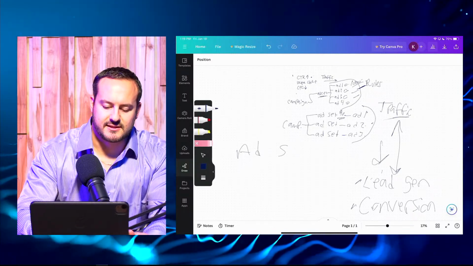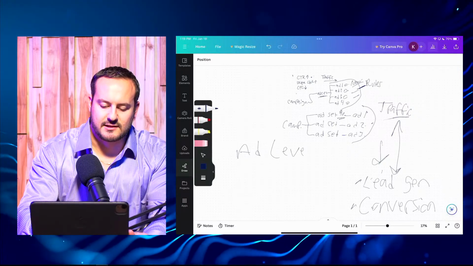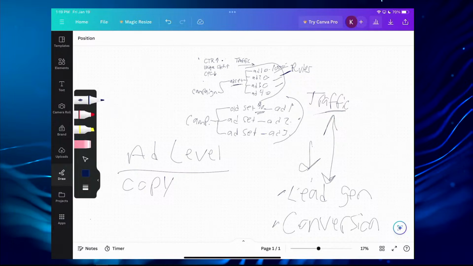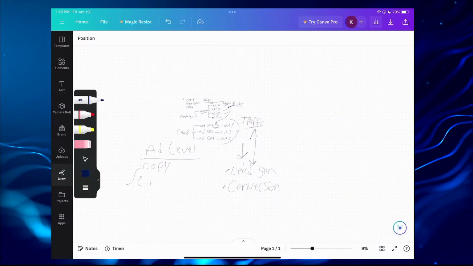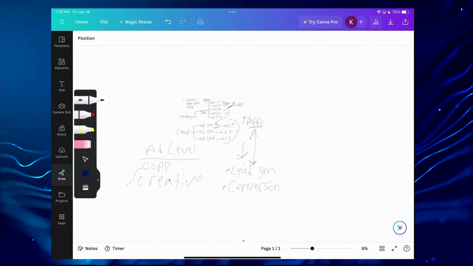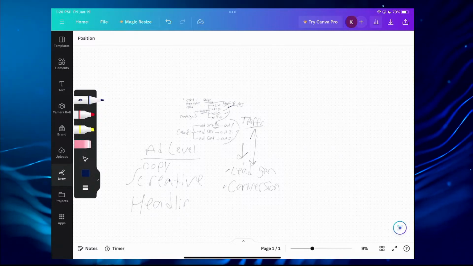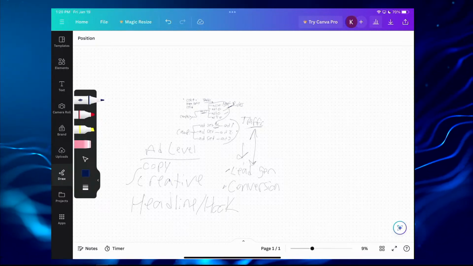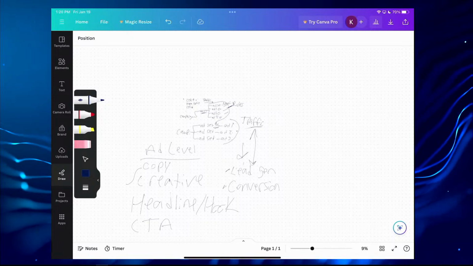Sorry, it's not ad set. That's actually the ad. What can you test at the ad level? Your copy, creative, your headline, also your hook. What else? Your call to action. These are mainly